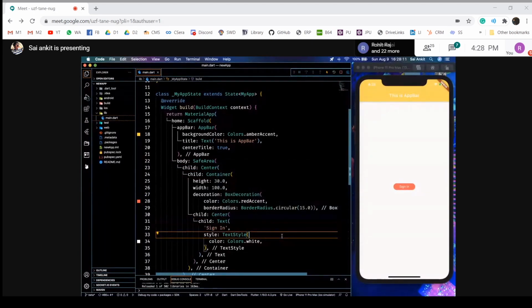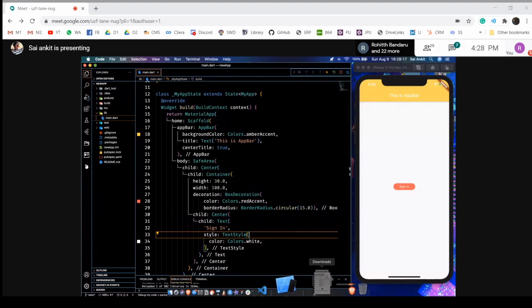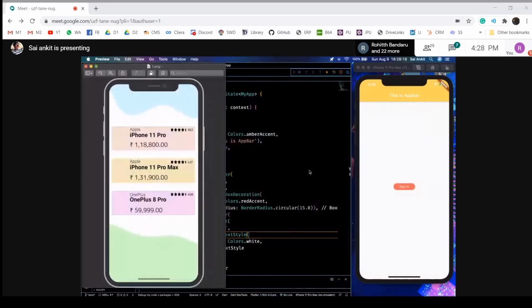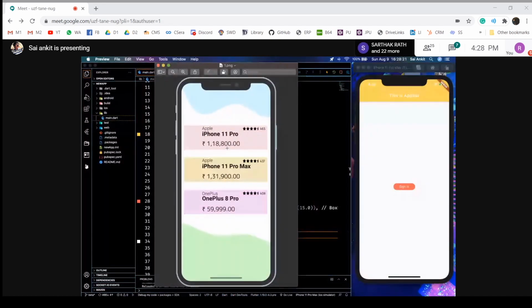Now you have to see. Let's just work on the image that I've kept in the group. I'll open it. Yeah. So you have to build something of this sort. Forget about these wavy curves. This is very advanced for this session to build. We'll just build these three things. Okay, three products. Fine.